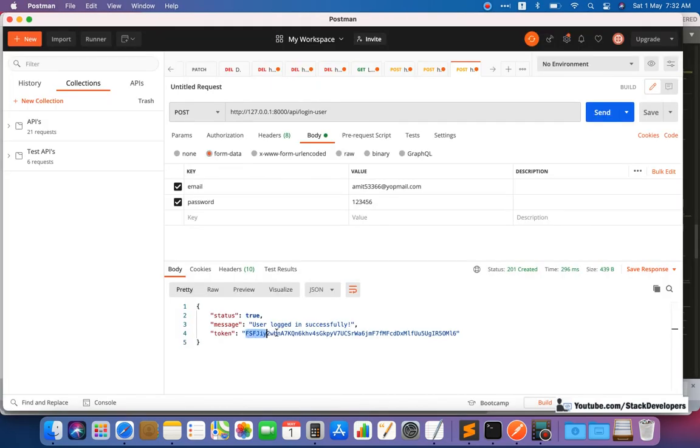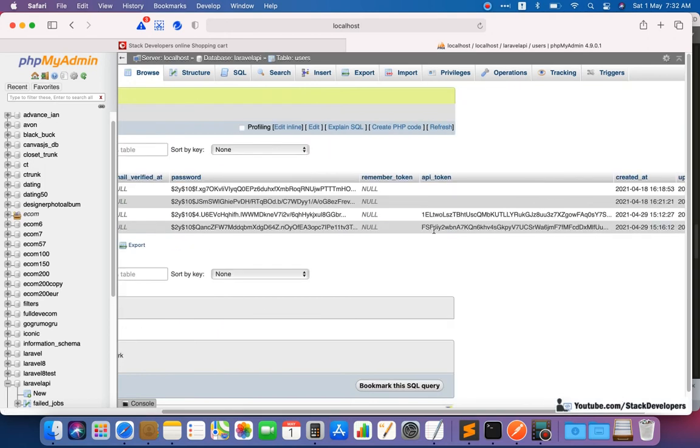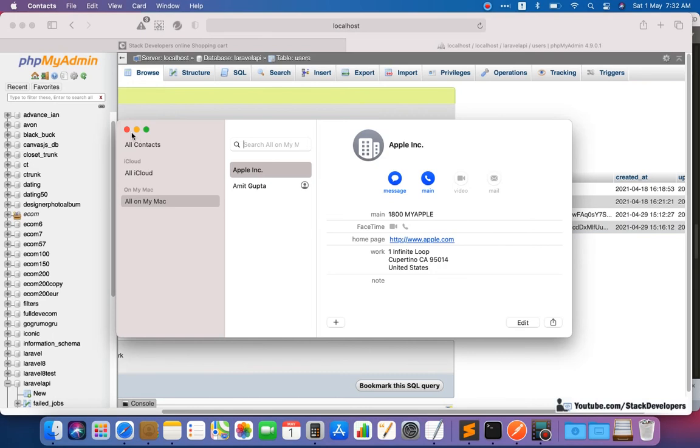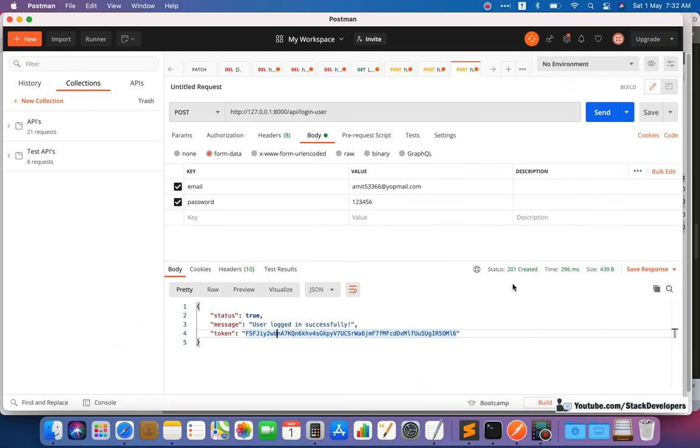So you can see FSFJ. This is the token that we are using here. The same token is here for the user, FSFJ something.